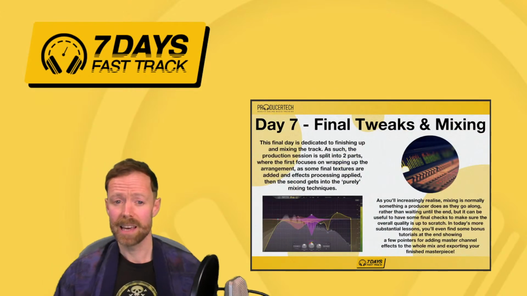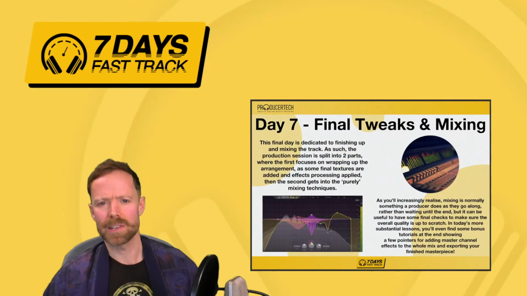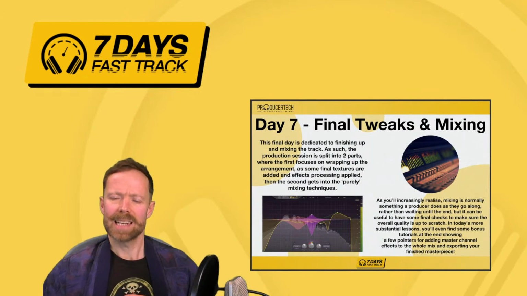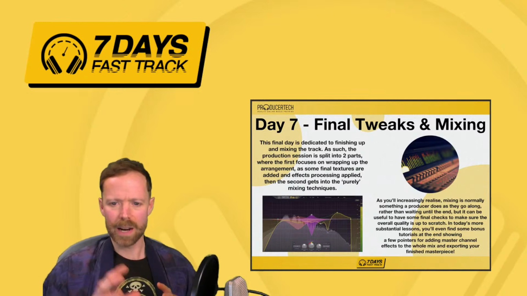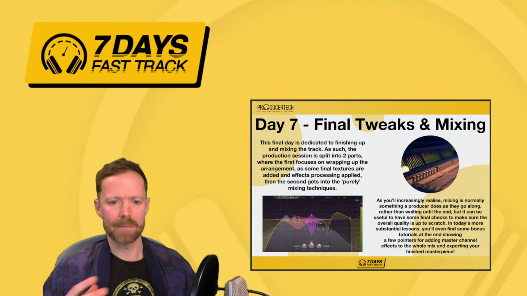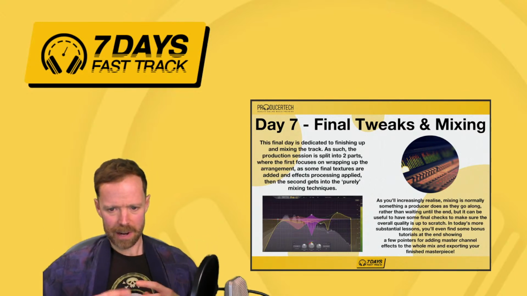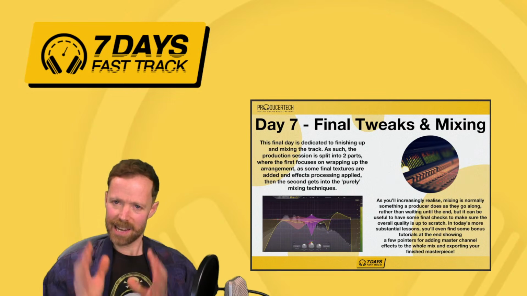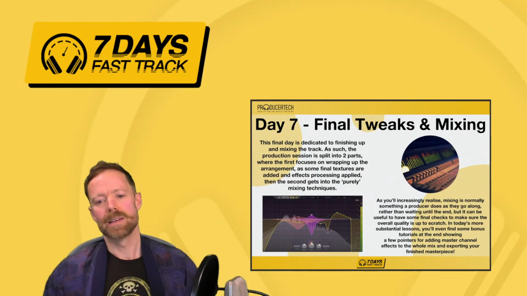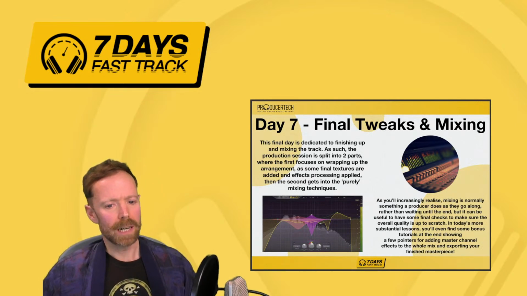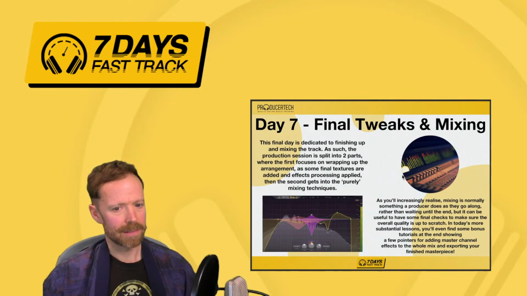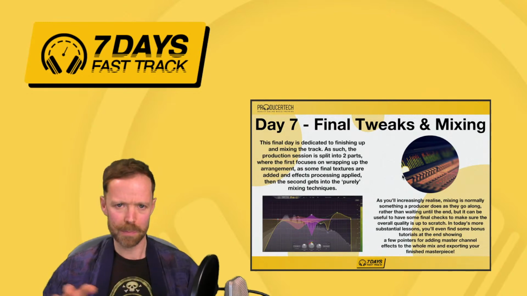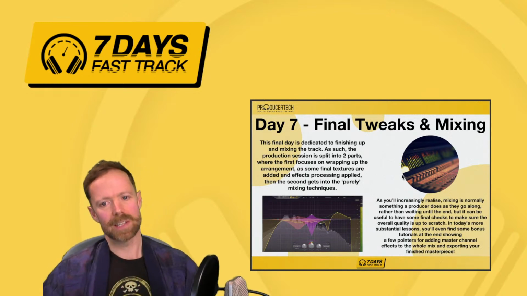And on the last day, it's final tweaks and mixing, so adding the last few touches, analyzing the track and working out what bits need more adding, and we don't go mad with it. We don't keep going forever building up different layers. It's all about getting the essentials in there to help people understand what different areas of the arrangement need to do. And that's session one. This day's broken into two sessions. That's session one, and session two